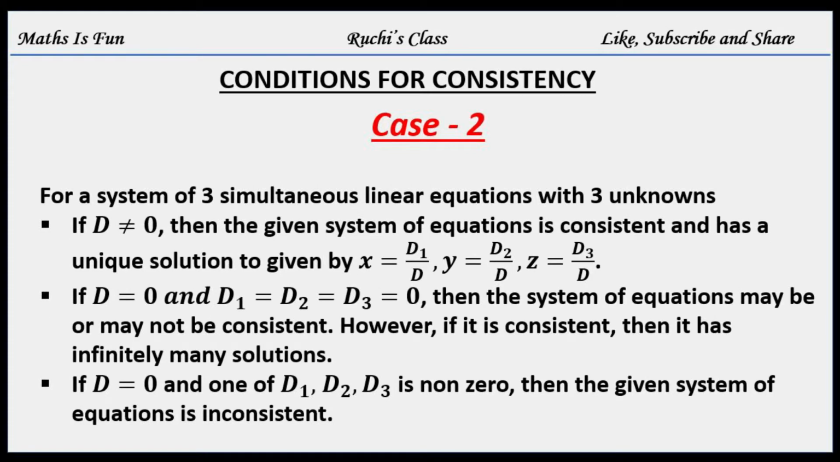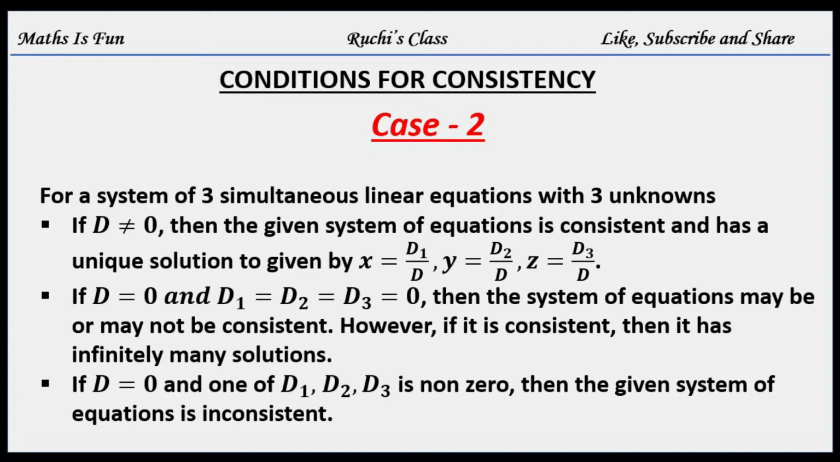Case 2, for a system of 3 simultaneous linear equations and 3 unknowns. If D is not equal to 0, then the given system of equations is consistent and has a unique solution given by x is equal to d1 by D, y is equal to d2 by D, and z is equal to d3 by D. Second, if D is equal to 0 and d1, d2 and d3 are also equal to 0,